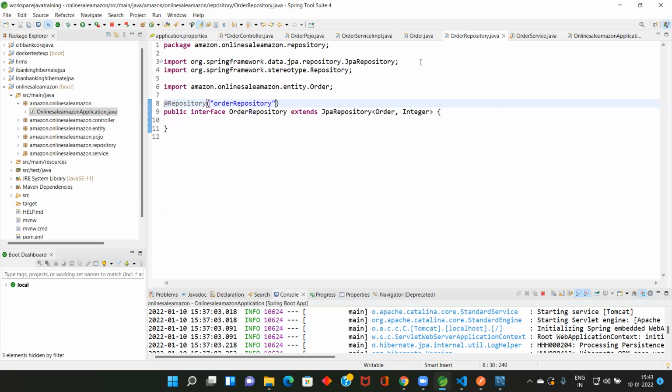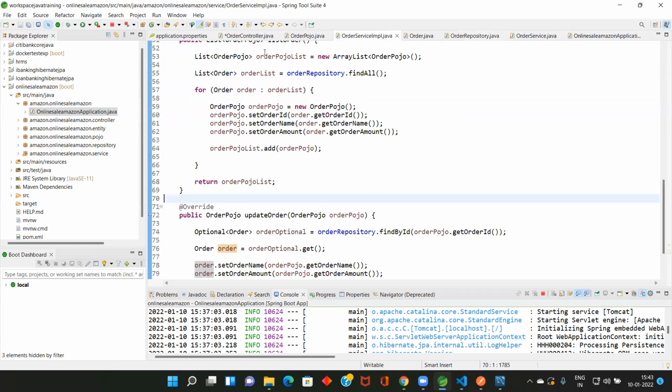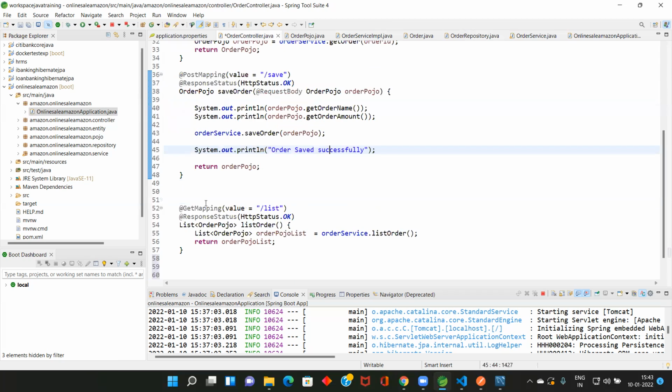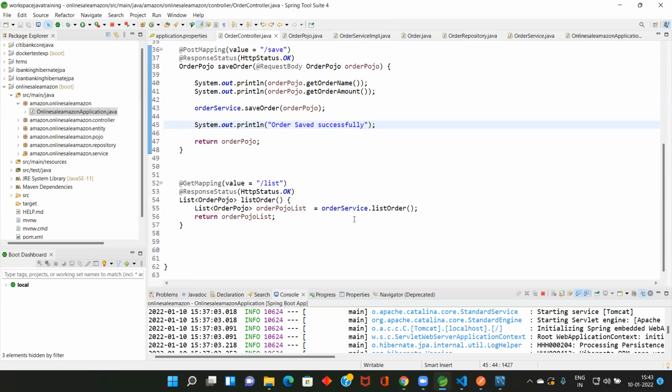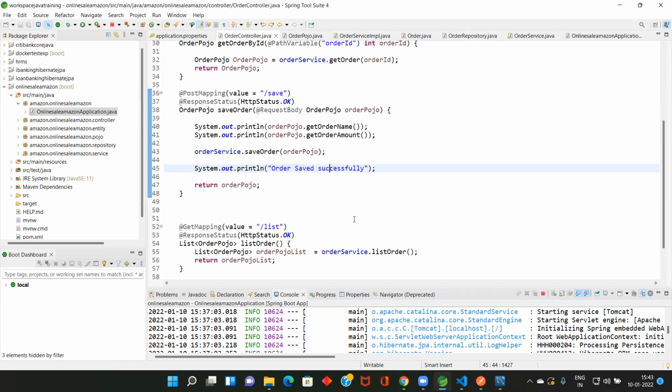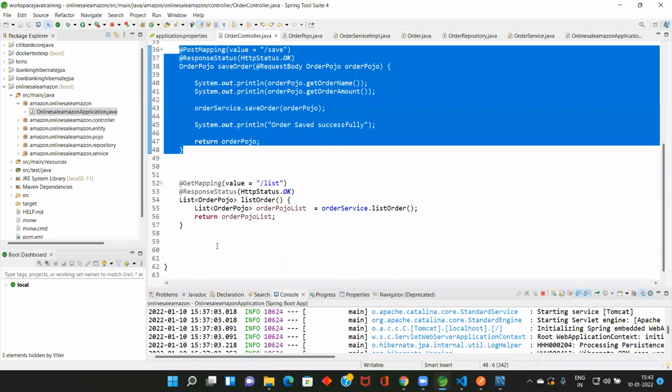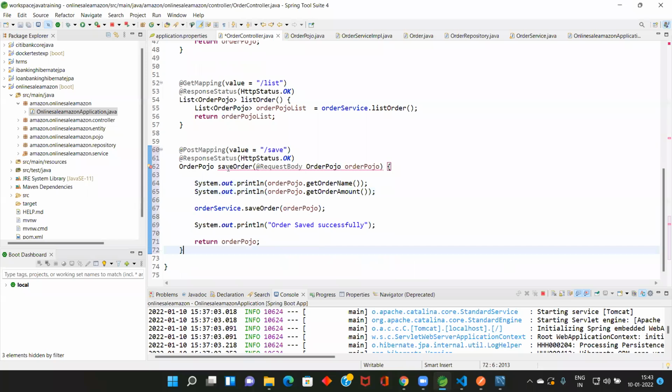Okay, so here we wrote this one. I go to the controller. We want to update, right? What is the logic for update? Again, update and save are one and the same. Only one thing will change. So here update order, then request body, then here also update. So here not post, put.